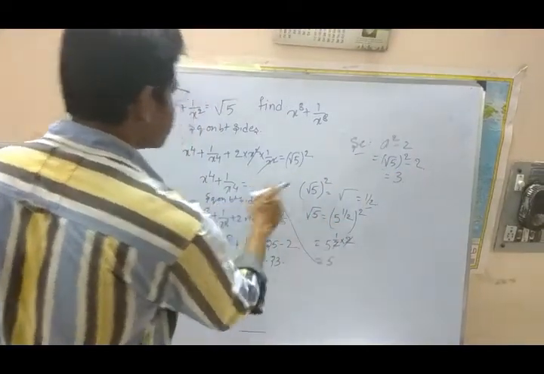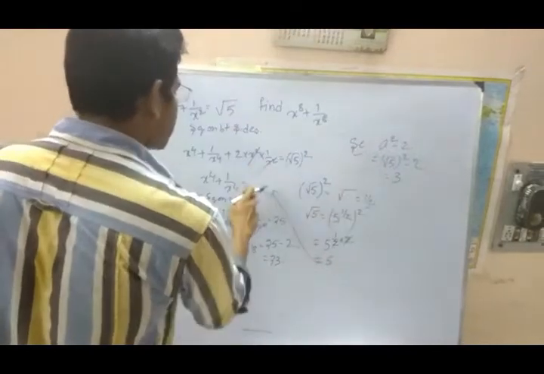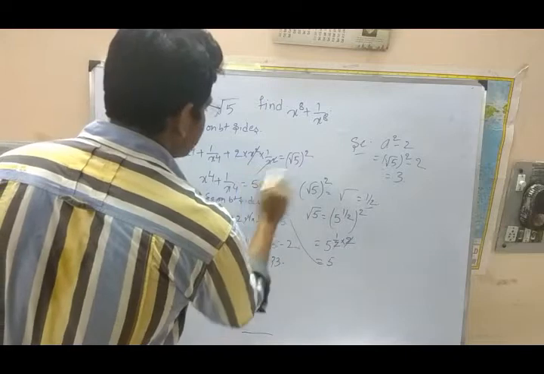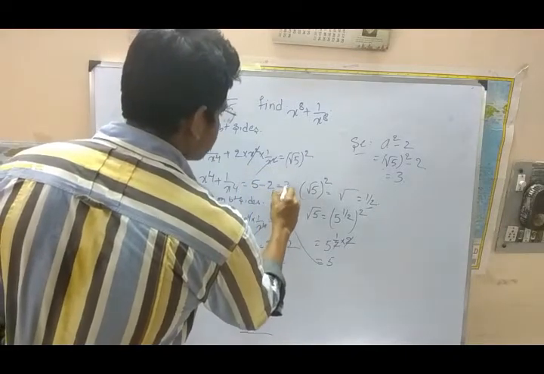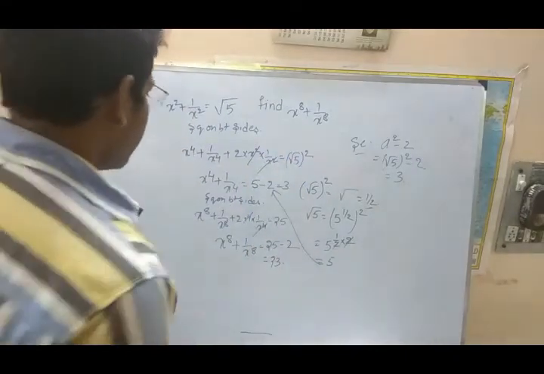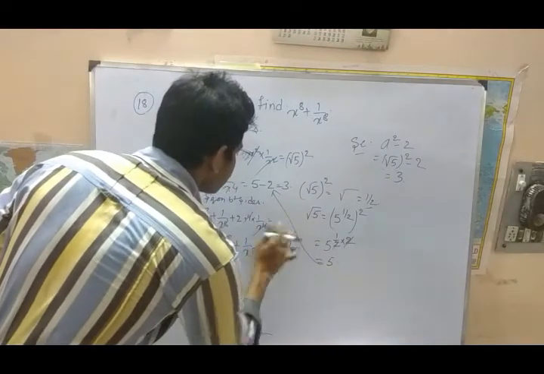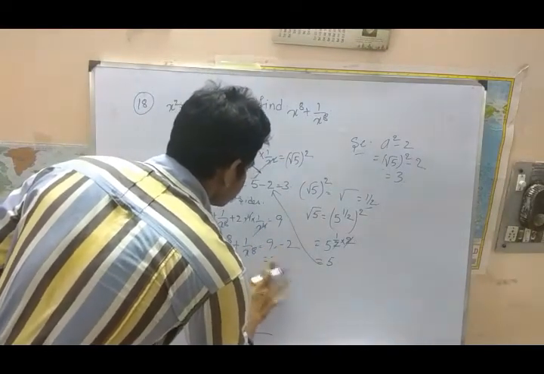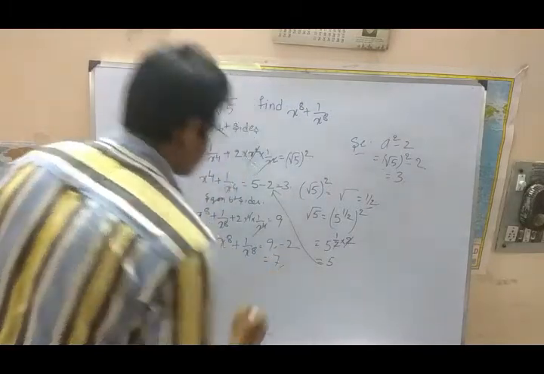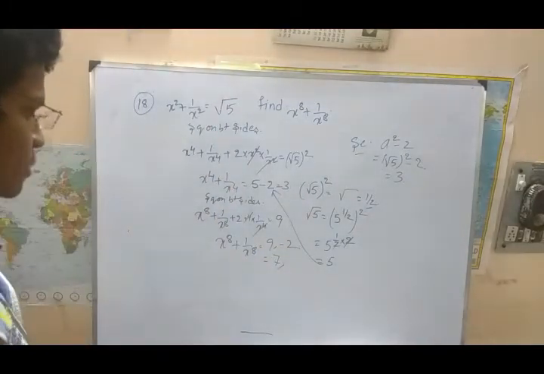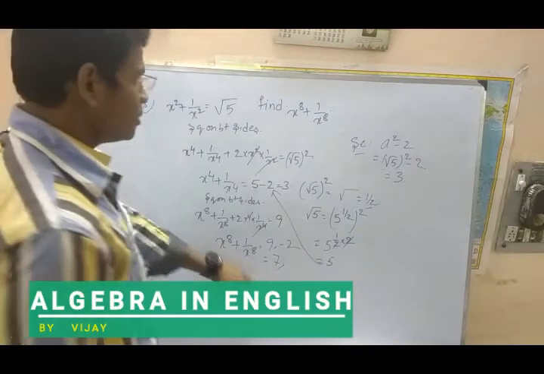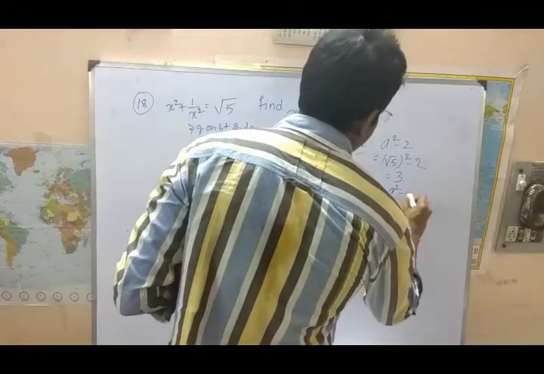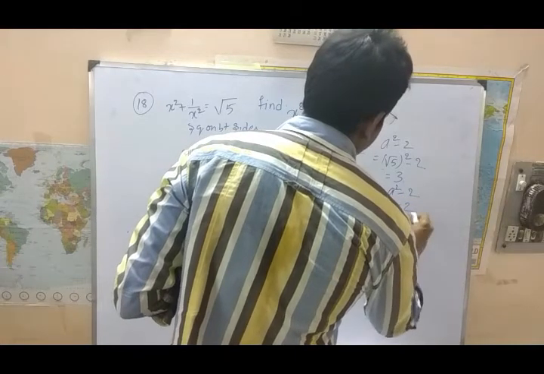So we did wrong here. See, we got here root 5 whole square is 5, and plus 2 here, we need to take that side. Minus 2 equal to 3. So we get 3 square, 9. 9 minus 2, we get 7 as the answer. Students, sorry for doing wrong here. So here the same thing again, a square minus 2, 3 square 9 minus 2, 7.